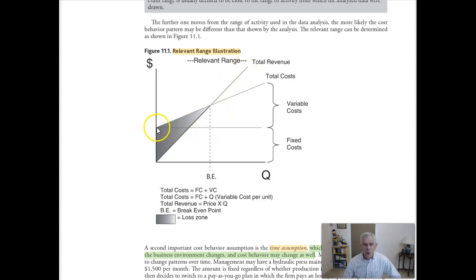Now right here is where the costs start. Along this line here, this is the fixed cost area. This is the fixed cost line. So starting at 0, you have costs that are there no matter what. And they will stay the same if they are truly fixed cost. Let's put on top of that the variable cost line. This is the variable cost area. So since we put the variable cost line on top of the fixed cost line, this line here ends up being the total cost line. So total costs are comprised of variable costs that do change with activity and fixed costs that do not.